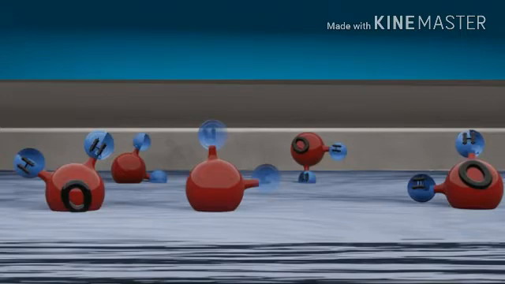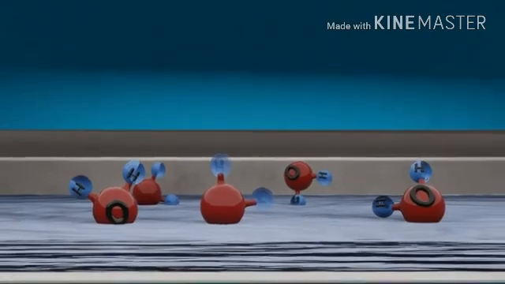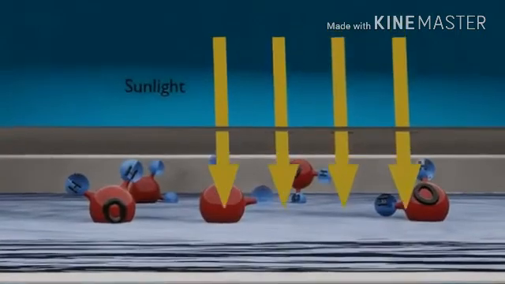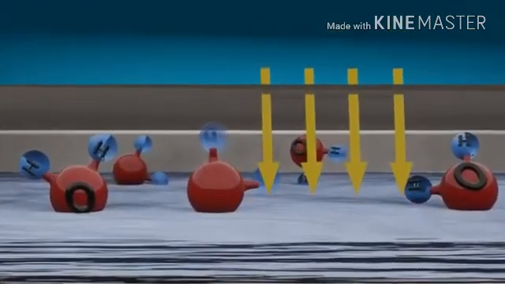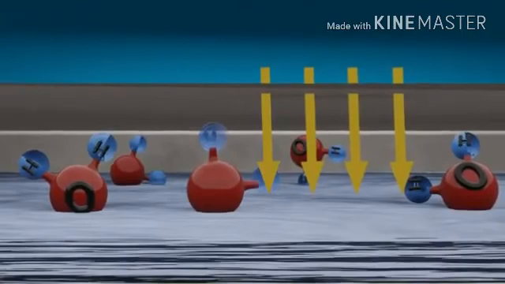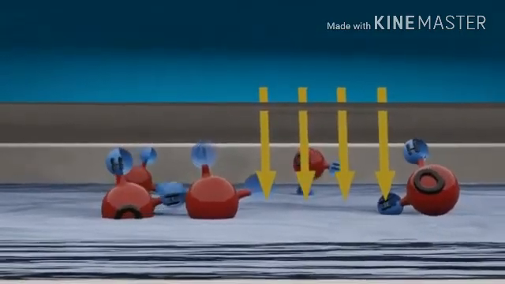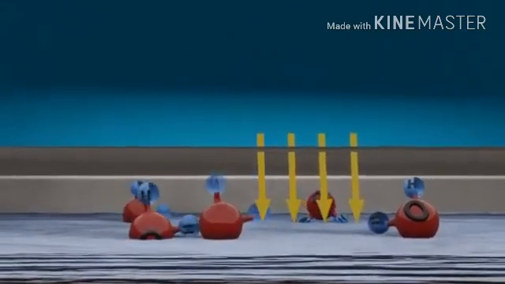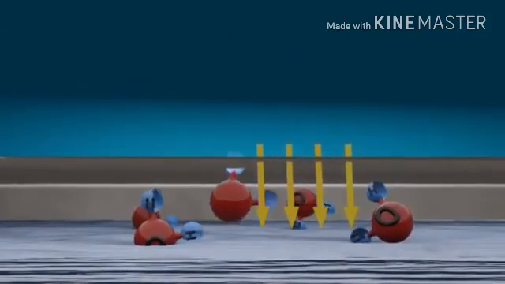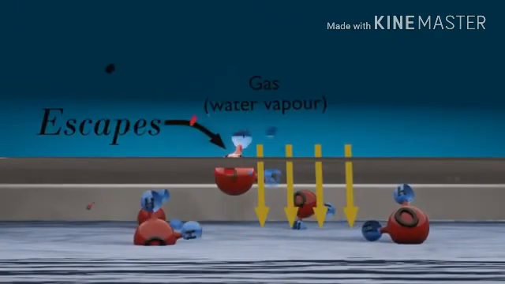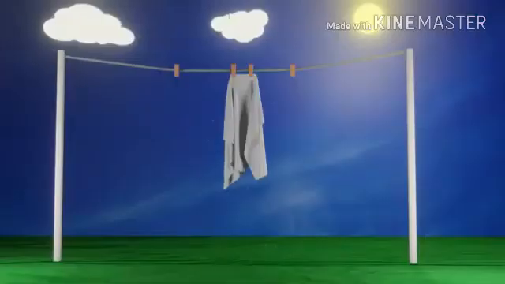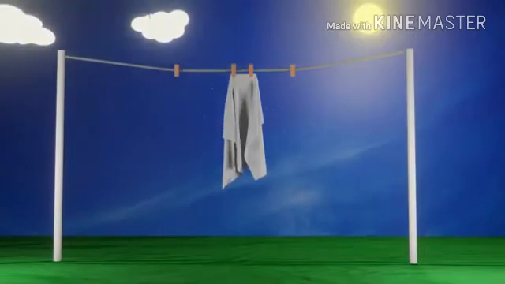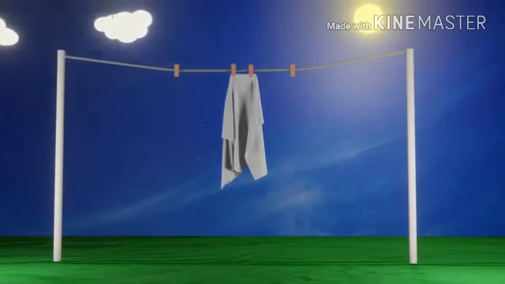Whenever we dry the cloth, the sunlight, the sun's heat, enters into the cloth. The cloth is already wet with water molecules. Due to receiving the sun's heat, the water molecules get heated and become unstable. Finally, upon reaching the boiling point, the water molecules slowly evaporate. They escape in the form of vapor. In this process, the wet clothes become dry. This is the best example of evaporation that we see in our daily life.